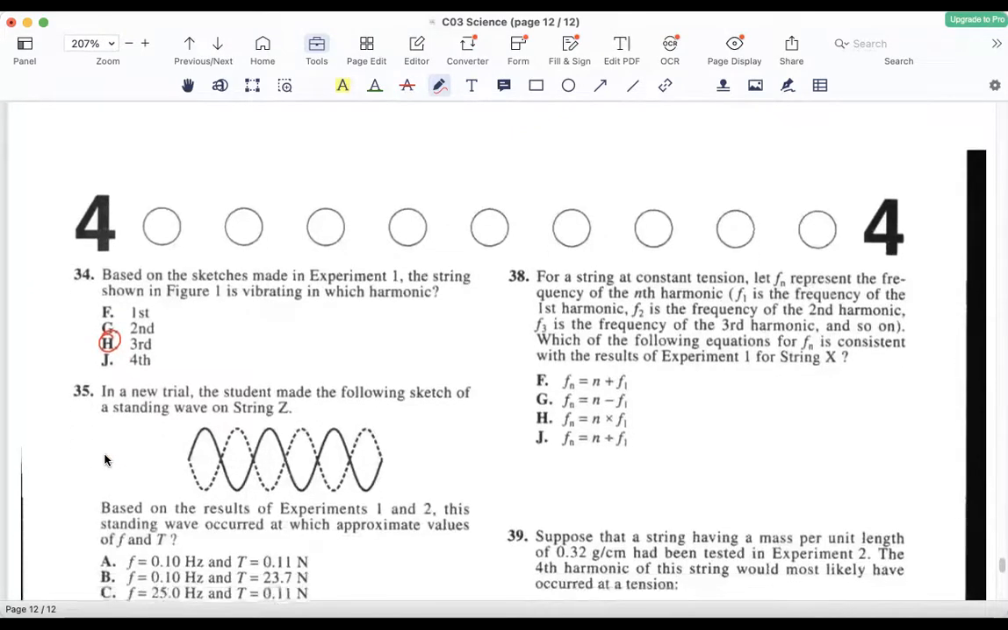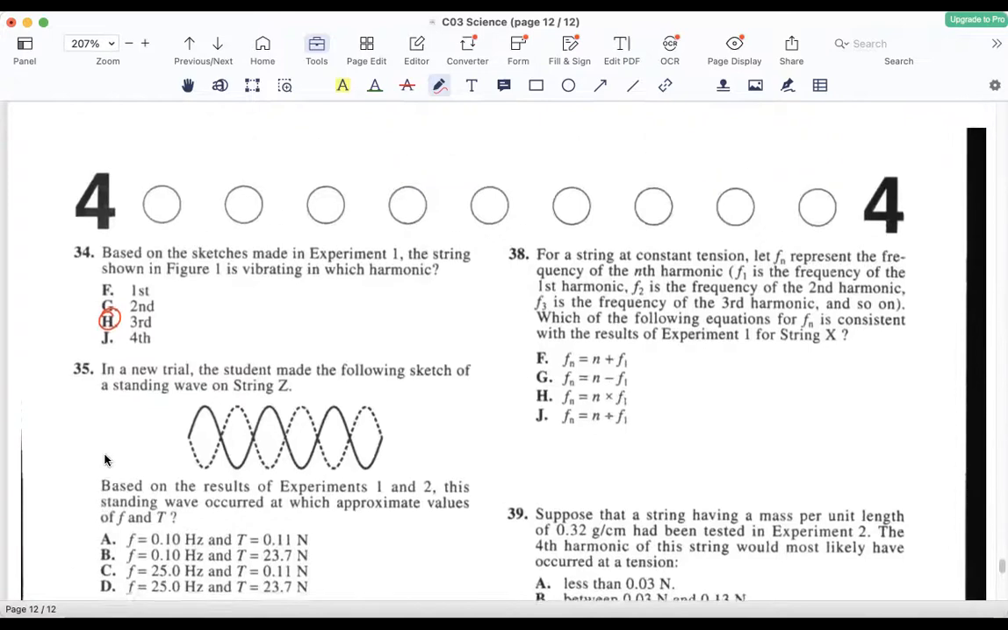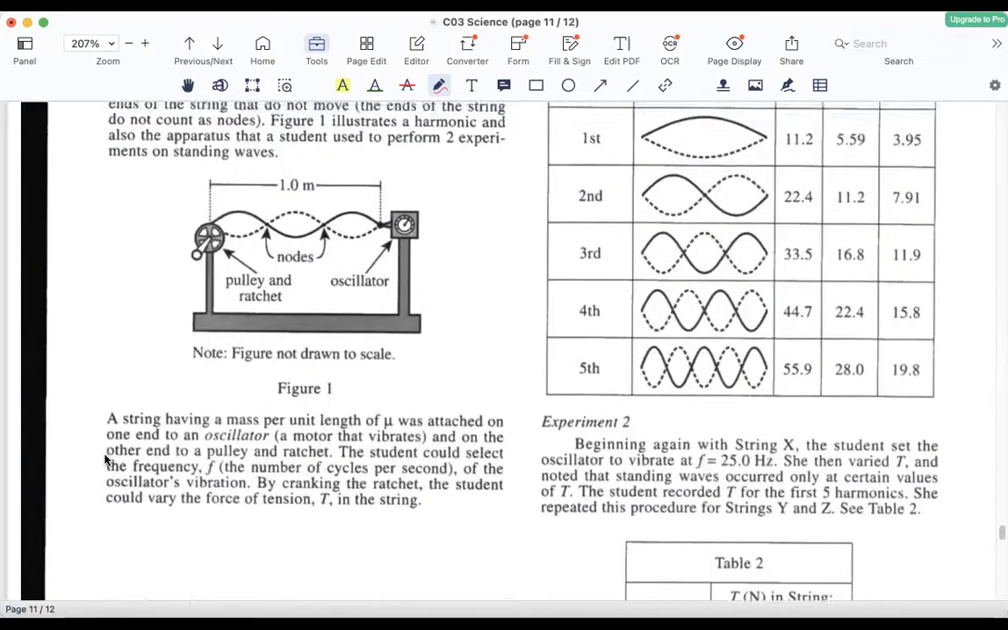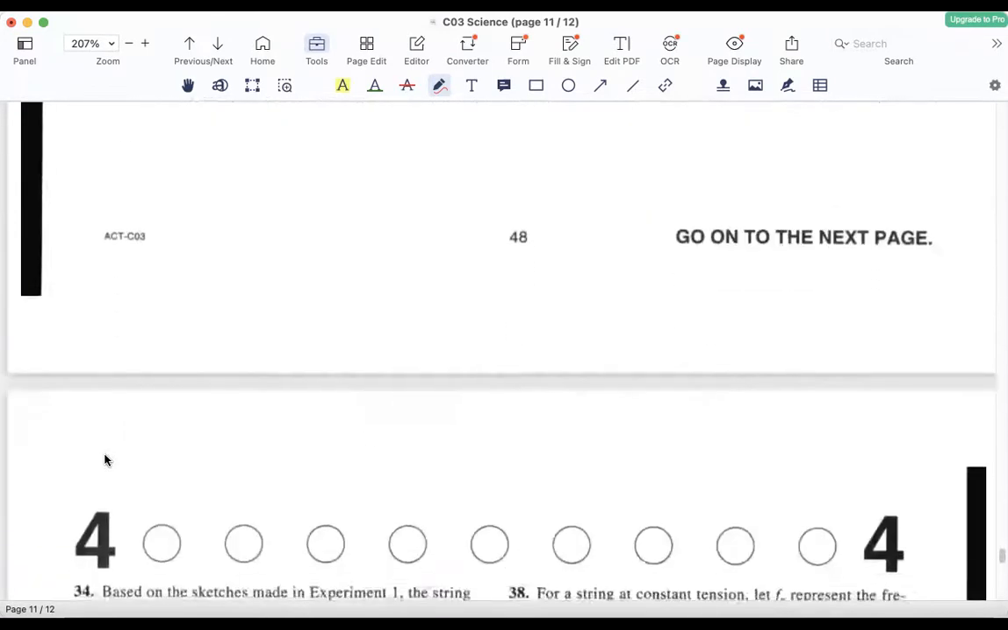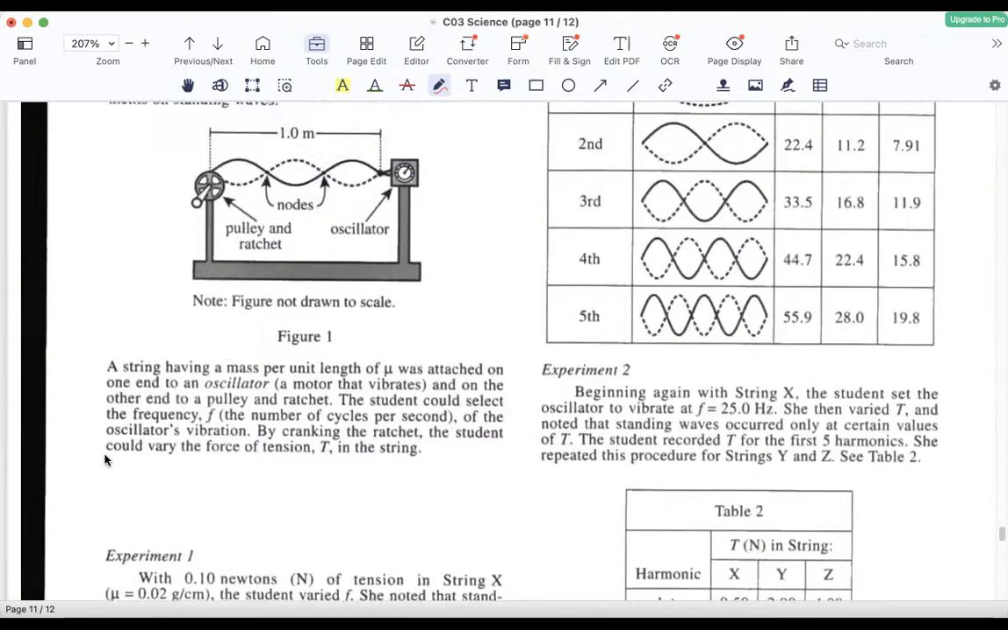In a new trial, the student made the following sketch of a standing wave on string Z. Based on the results, this standing wave occurred at which value of F and T? So there is 1, 2, 3, 4, oh, there's one more here, 5. So this is the 6th harmonic,